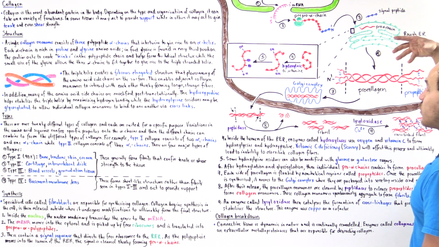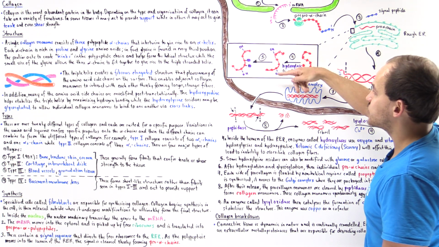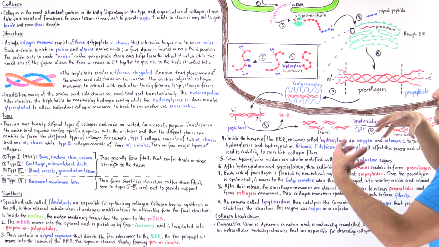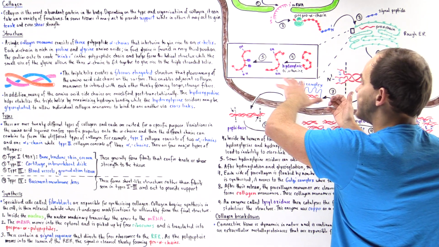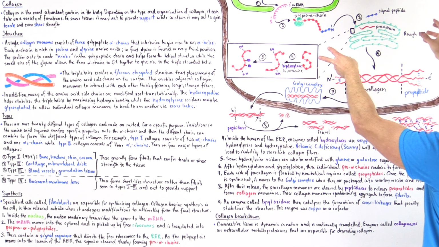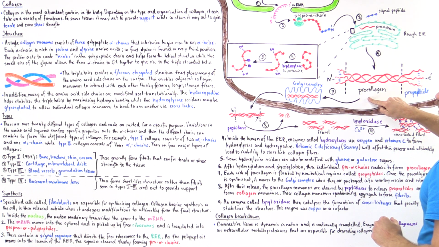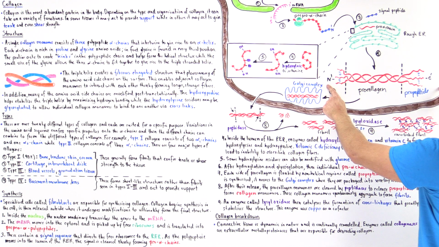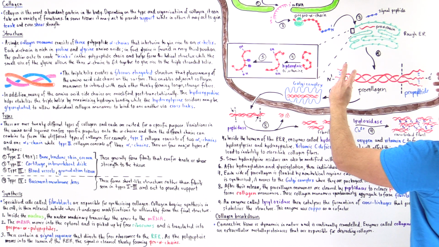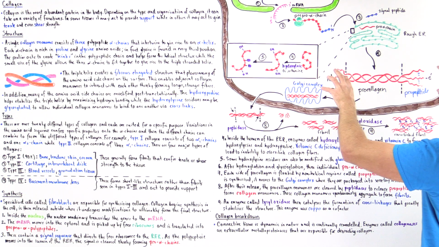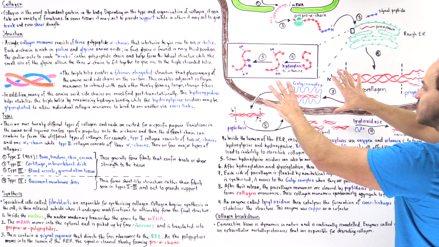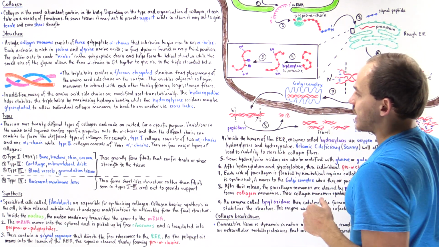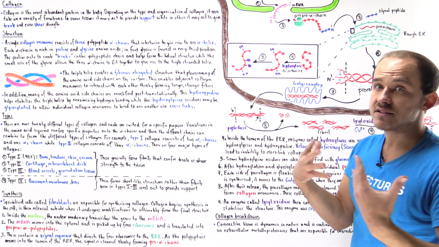As we're continually translating that pro-alpha chain, we're also hydroxylating it and glycosylating the different residues, and eventually when we glycosylate and we hydroxylate, 3 individual proteins can combine to form a procollagen. The procollagen consists at both ends of these propeptide regions, in which we have disulfide bonds to actually hold the procollagen together. Then that transfers to the Golgi apparatus, and that forms vesicles, and the vesicles undergo exocytosis to actually end up outside the cell.